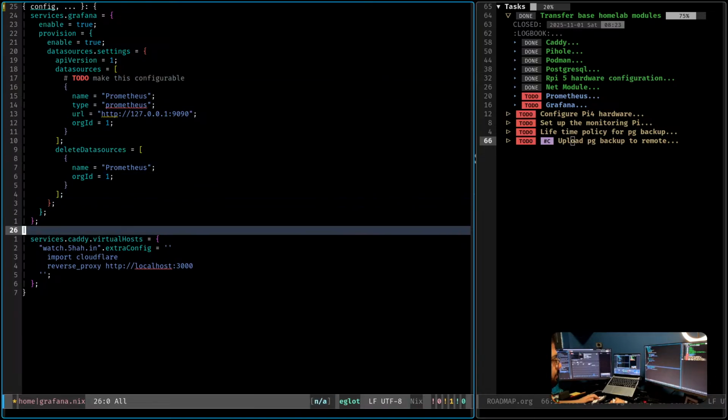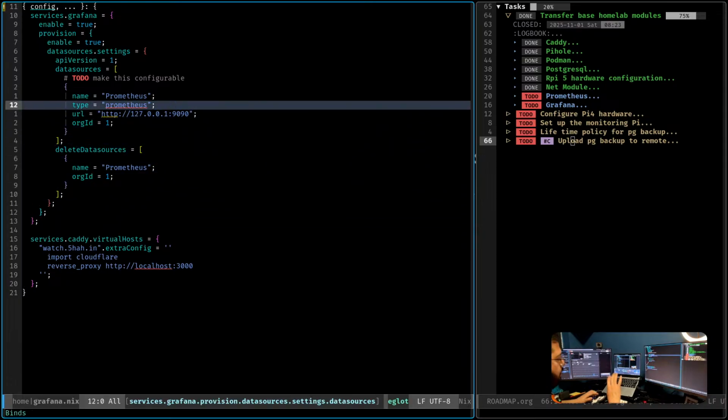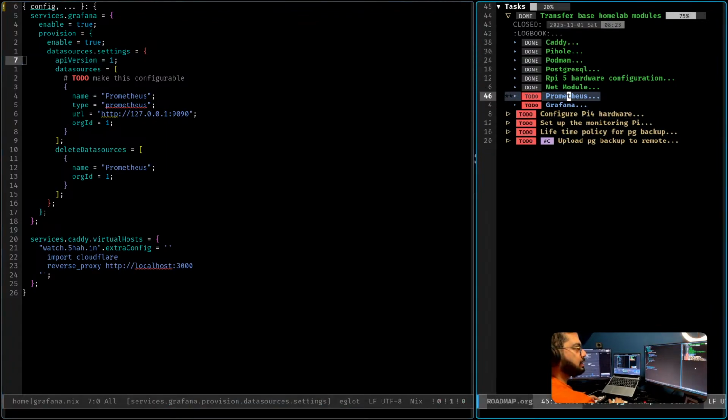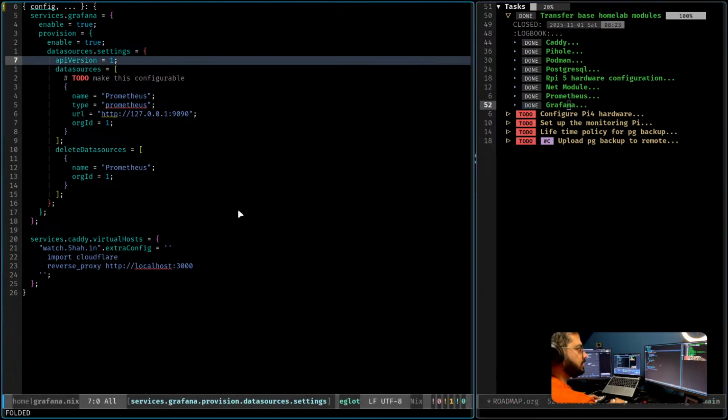Since I'm hard coding this data source for this Grafana, I think for my setup this would remain the case, that I will have a single server deploying Grafana and Prometheus. At least for now, I cannot imagine that I need to have multiple Prometheus instances. But for the time being, I'm just going to leave a comment here and consider these two to be done.